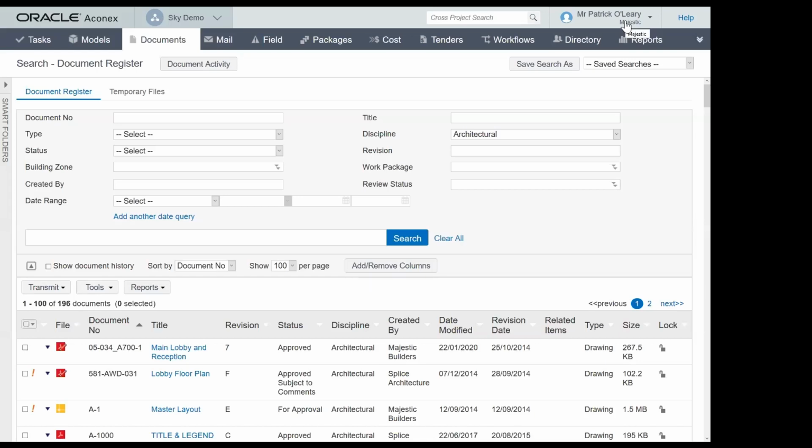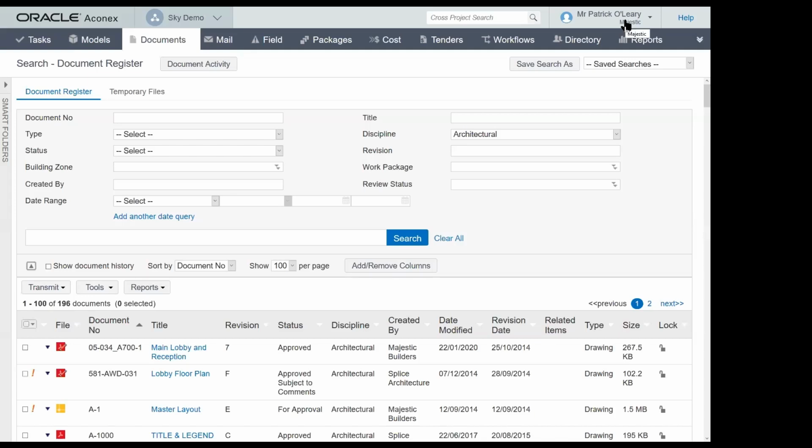Neutrality is a concept where every organization using the common data environment is 100% assured of the security of their data. If we think about the manual system, if I want to give a document or a design to somebody else, I've got to do a transmittal and hand over that document to the other company.